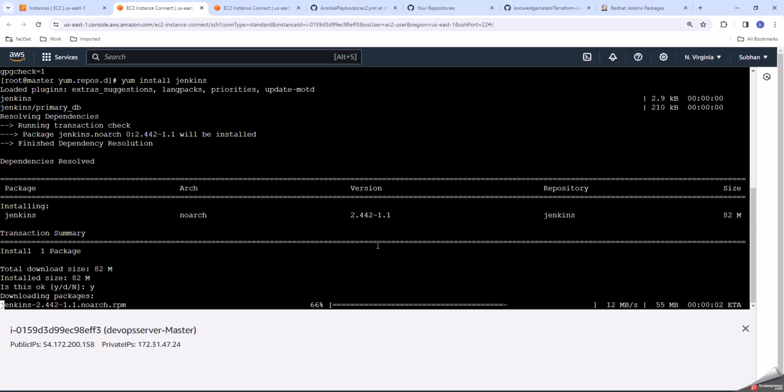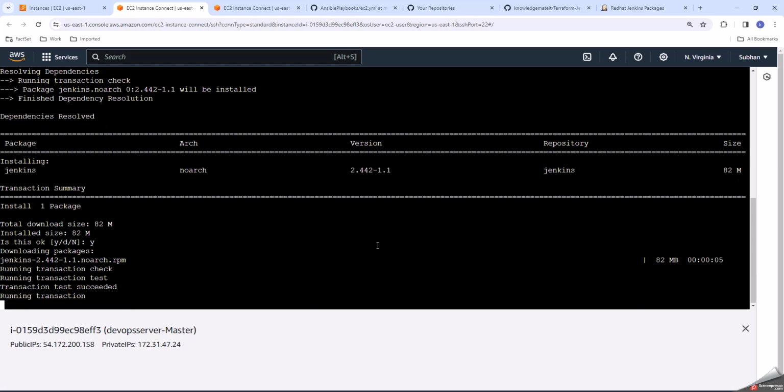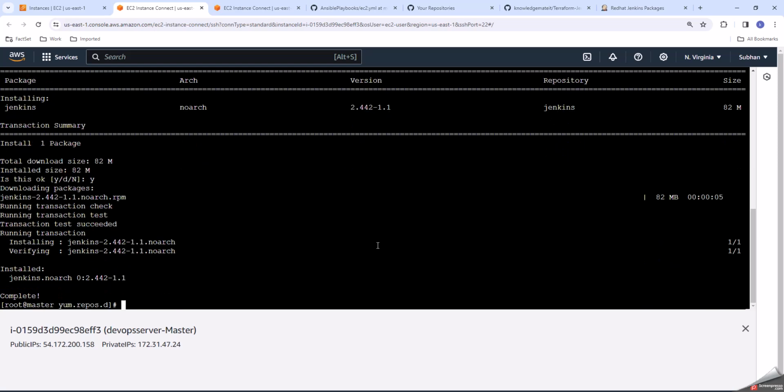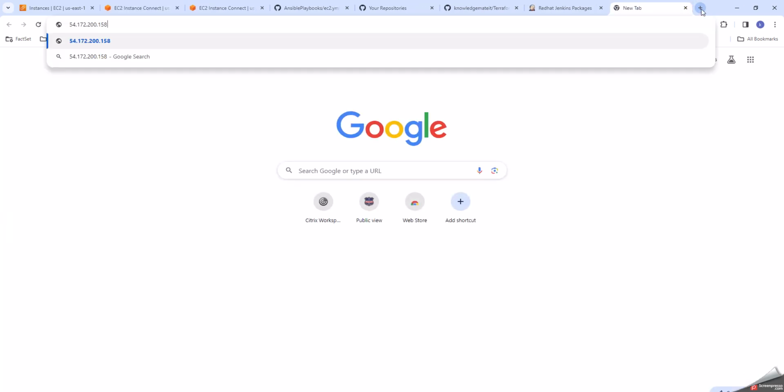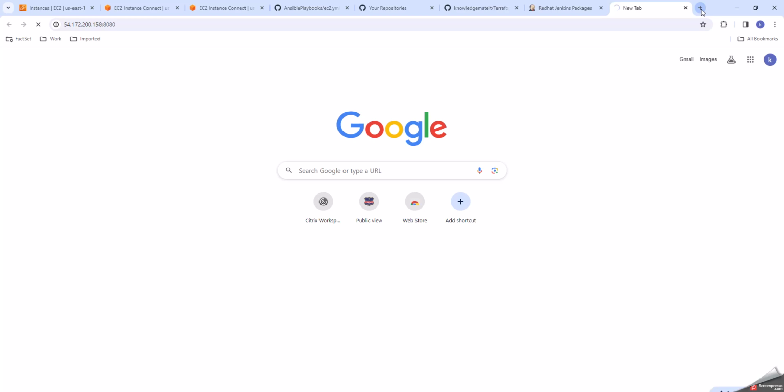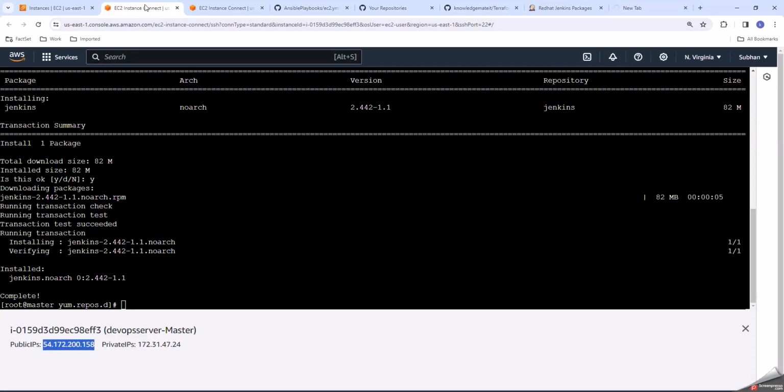Jenkins runs as a service. Once Jenkins is installed, you have to start it, and then access it with your public IP. Copy the public IP and provide 8080. It will not work yet, because you need to start the service. Systemctl